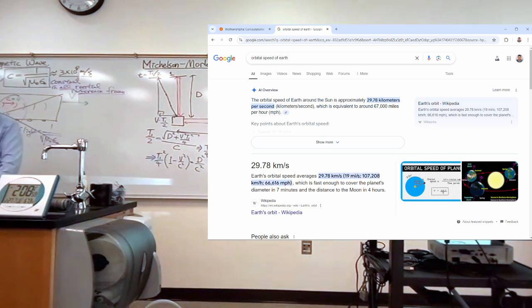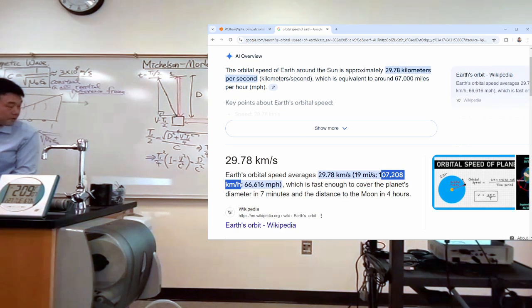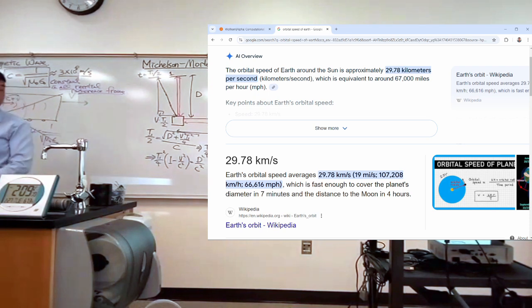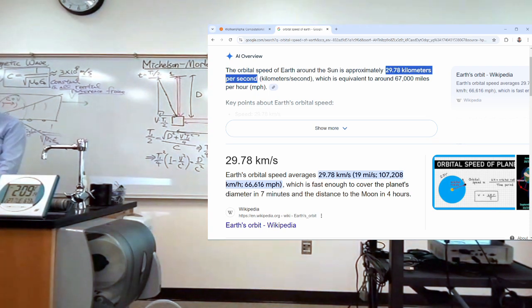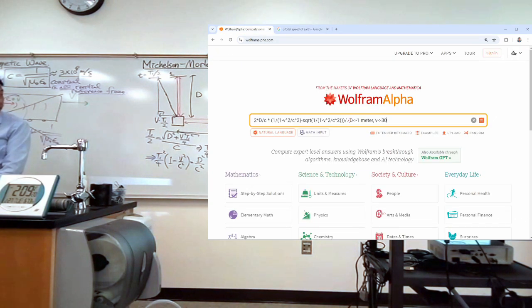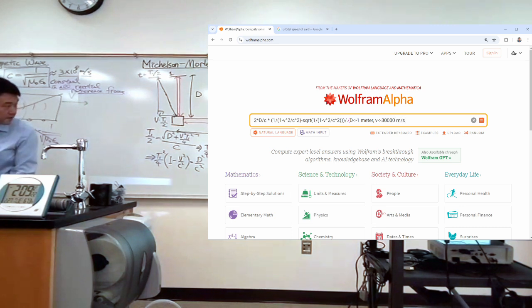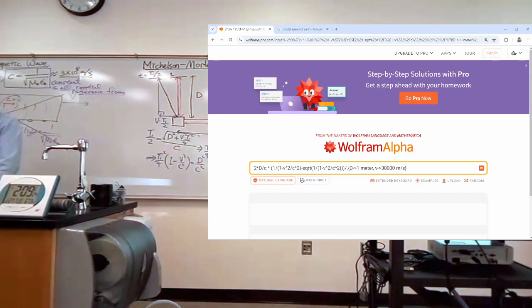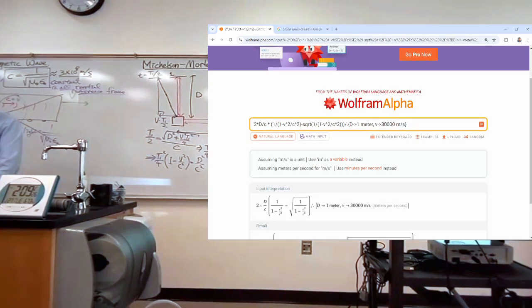Is that in meters per second somewhere? Okay, 30 kilometers per second, or 30,000 meters per second. Let me put that in. So V would be 30,000 meters per second. It's actually pretty high. I think that's everything, right? Let's see what we get. So when you put those numbers in,